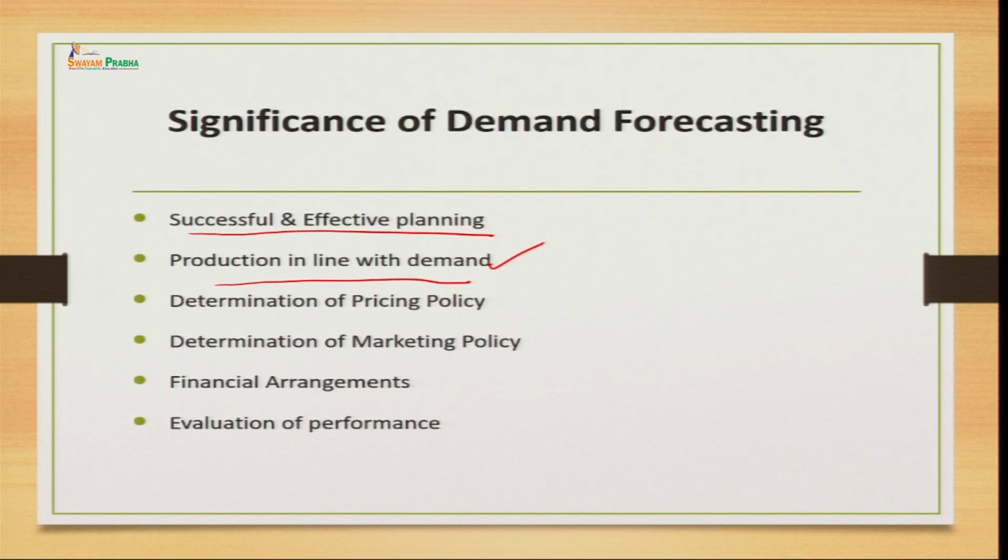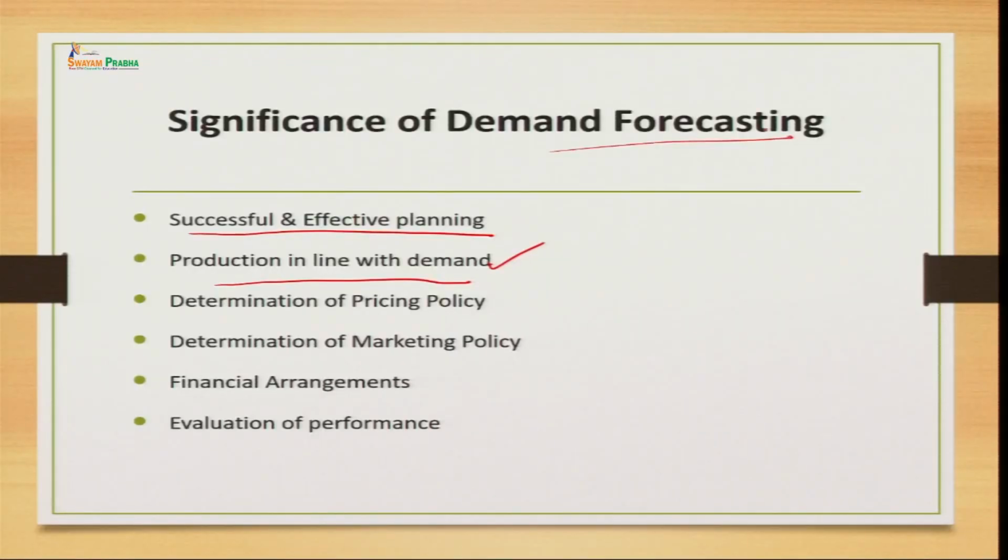Like I said, overproduction is again a problem for a firm, because unnecessarily your money gets blocked in it. If there is no demand, nobody will buy it, right. If the good is of perishable nature, then it will go to waste, and if the good is of durable nature also, then you have to spend more money to maintain it, right. So, this is a problem for the firm, and again underproduction is a problem. So, to overcome this problem, demand forecasting is helping us so that we can produce as per the demand in the market.